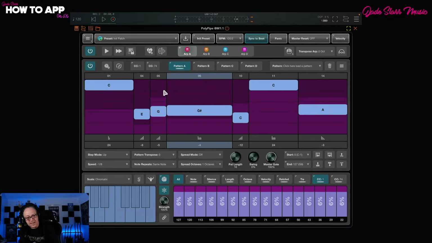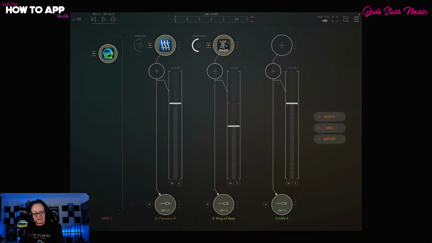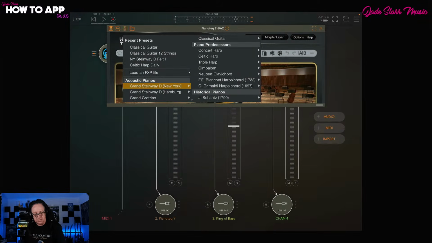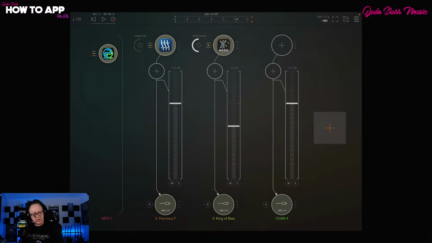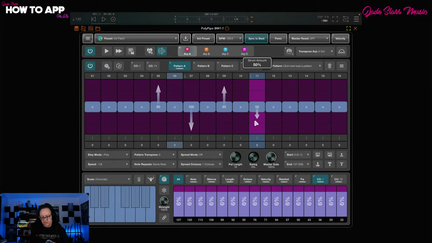I want to quickly clear this out and show you strums. Let's set this to a guitar. We'll use this classical guitar in here because you can do strumming as well. To turn on strumming, tap this little button and it will turn on strumming edits. And now you'll see the numbers disappear here, or the letters, and I'm able to drag up and do these strums. I'm going to set this to poly, right? And if I drag these down and hold down a chord,